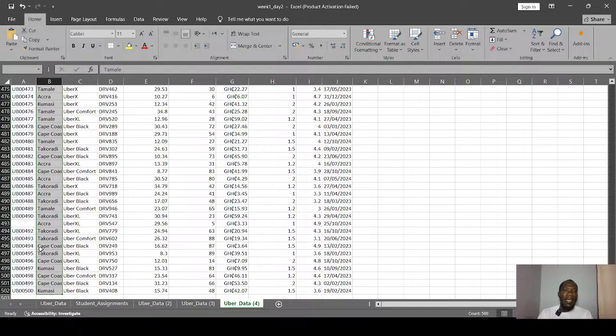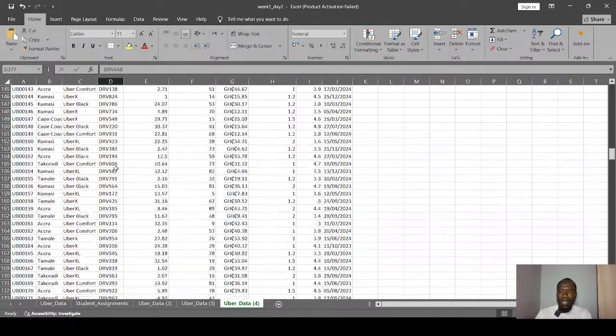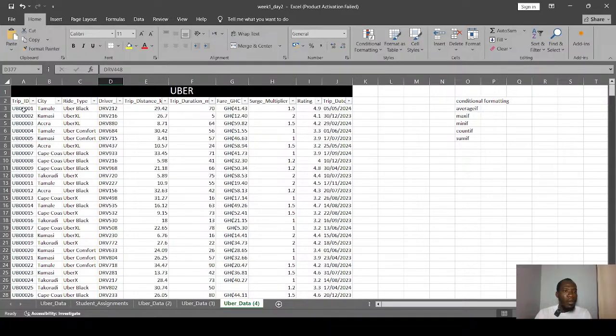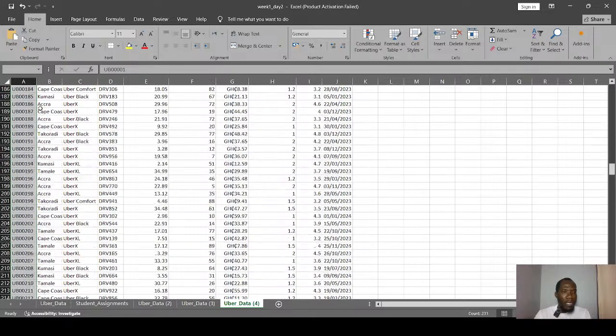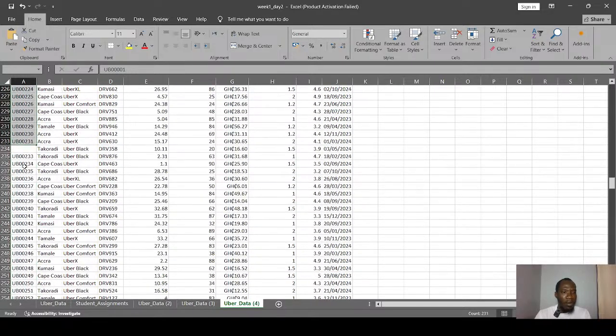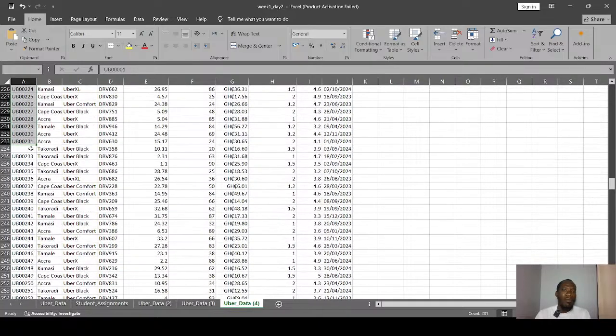Now, before I forget, let me quickly use column A to do this example so that we all get to understand. I'll come to cell A3, where the first data for column A is. Now I'll press and hold Shift and Control, then the down arrow. You realize that it highlights everything all the way to where there is an empty cell, and it stops there.